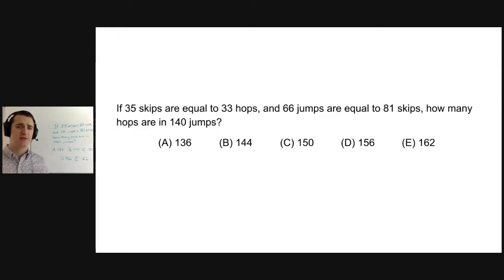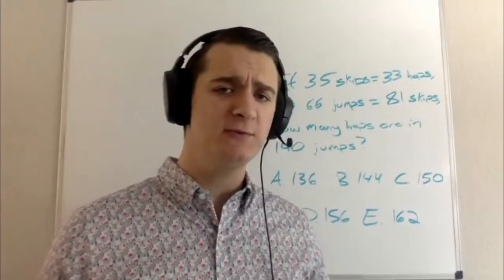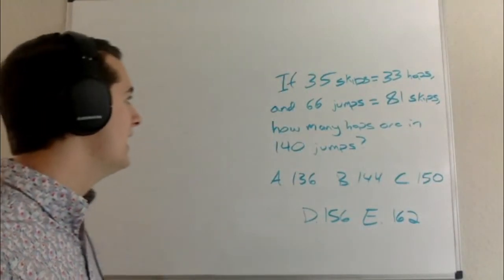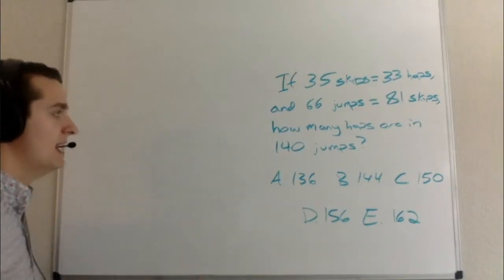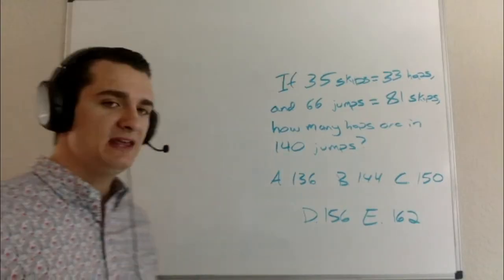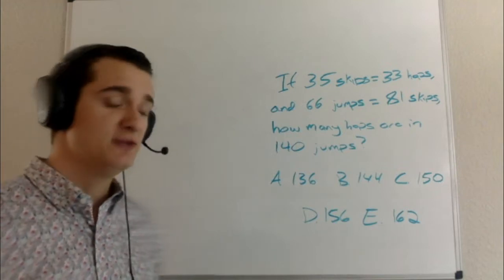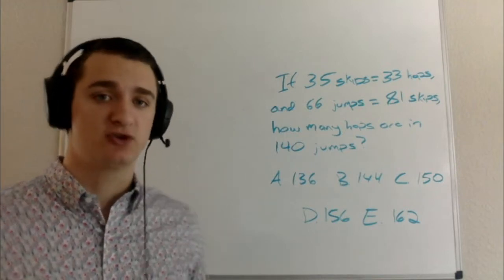But the question asks, if 35 skips are equal to 33 hops and 66 jumps are equal to 81 skips, how many hops are in 140 jumps? So as we look at this one together on the board, I've written the question up here. And remember that for any unit conversion, and if you didn't do this, then you probably struggled on this question,